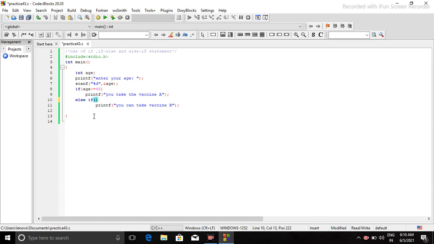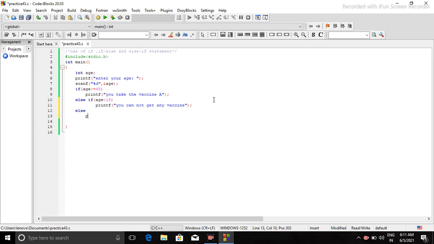In else if I will write a condition: if age is, let's say, less than 18, I will write the message that you cannot get any vaccine. If my user enters an age which is not valid for taking a vaccine, then he will get this message, that you cannot get vaccine. And after that I will write my else statement.